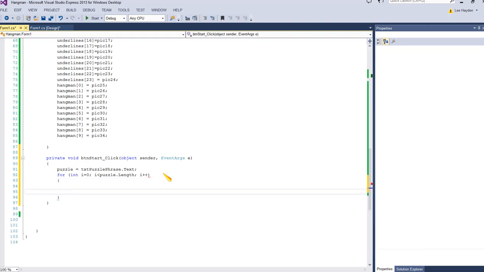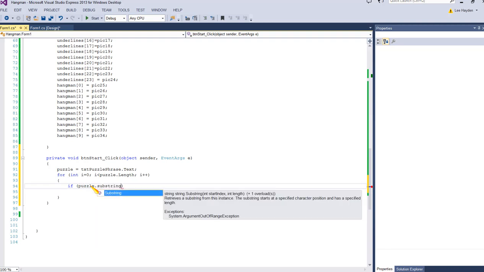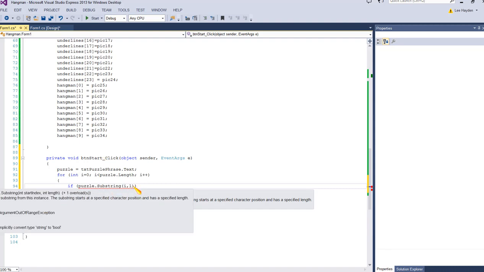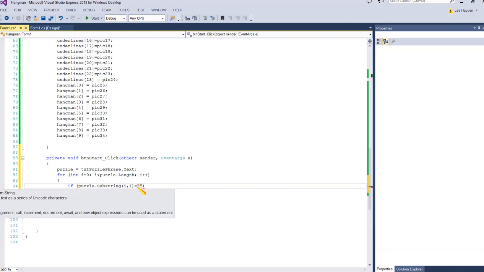And we're going to say this: if puzzle.substring(i, 1), so that's each character in the puzzle in the order that they appear, if that is equal to a space,